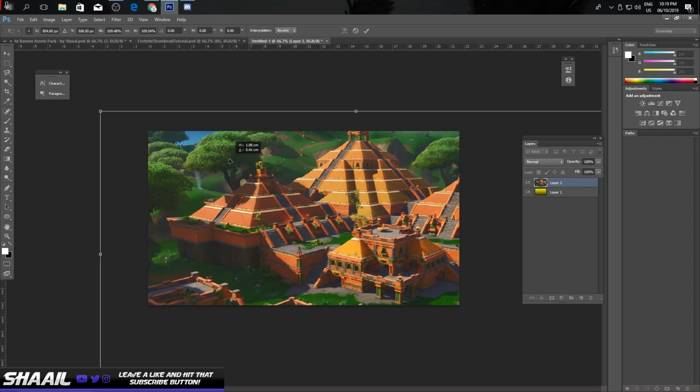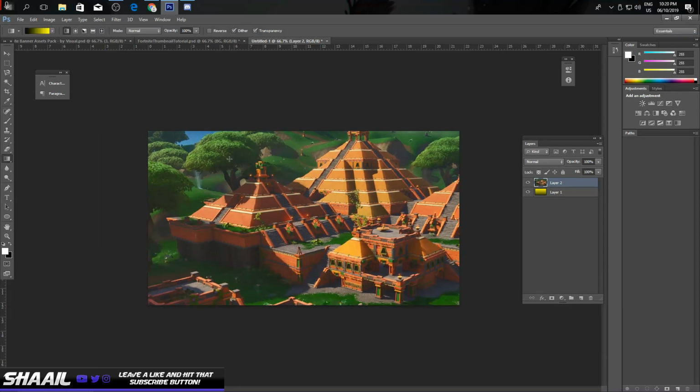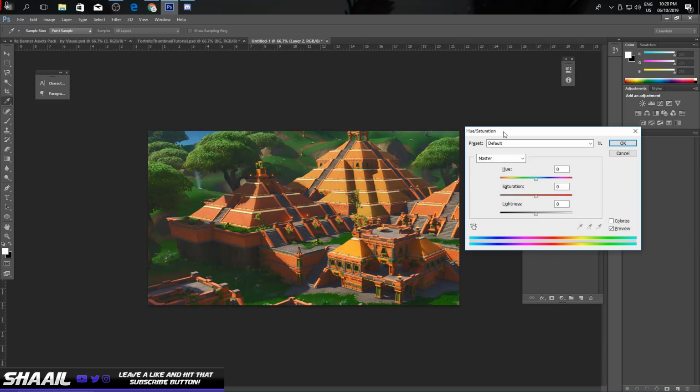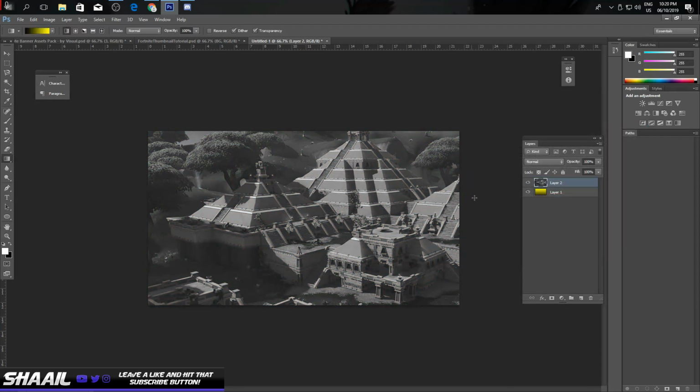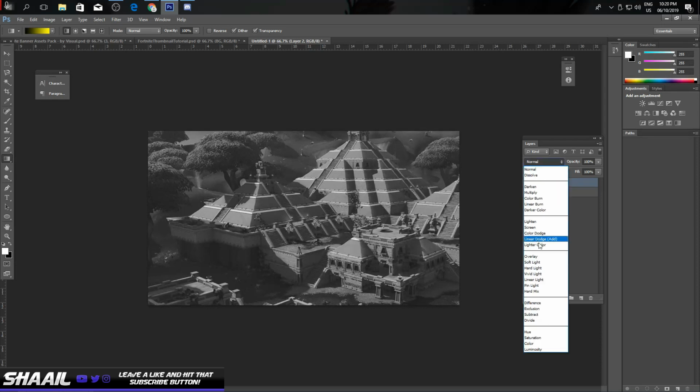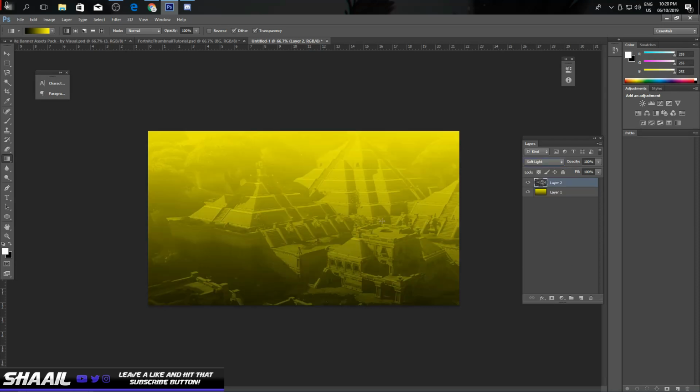Then you can just adjust the image, and now what you're gonna do is press Ctrl+U. It is gonna give you this dialog box. In this dialog box, you're gonna put the saturation to -100, which is gonna give you this black and white background. Now you're gonna select this layer and put it on soft light. After you are done with that, it's gonna look something like that, but it looks a little